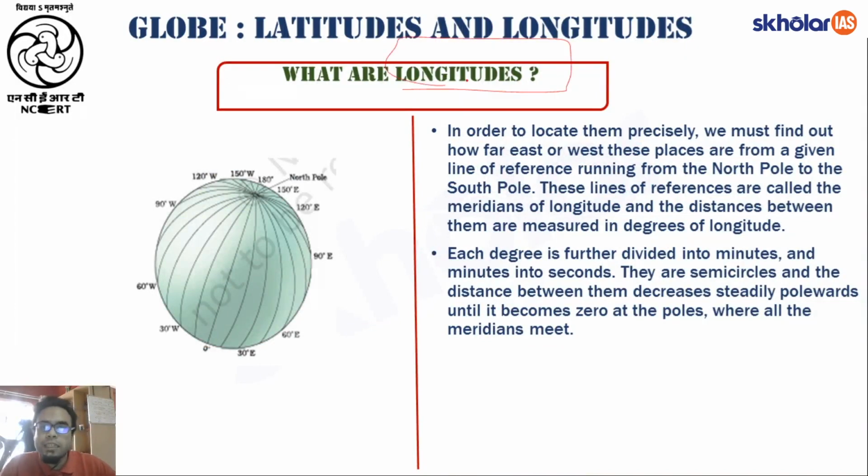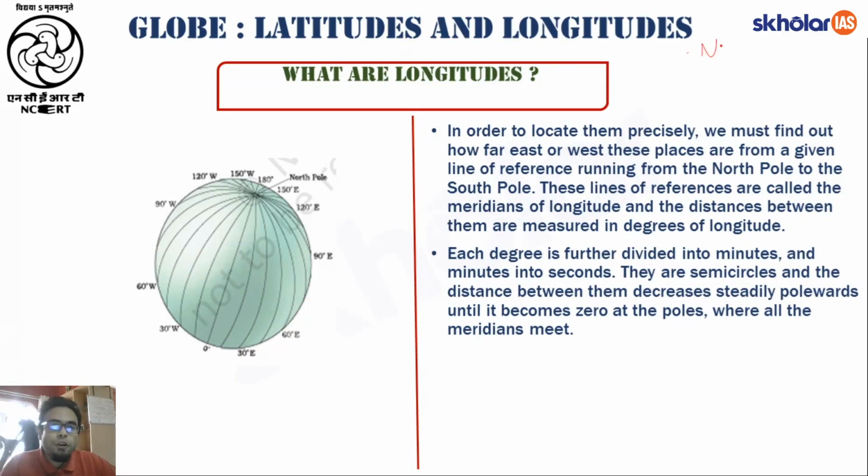Moving on, let us understand what is your longitude. Now in case of your latitude, what did we understand? Here we had the equator, and we basically talked about places found to the north and south of the equator, right? So this is what is about your latitudes. But then what is your longitude talking about? Your longitude basically talks about your west and east, right?